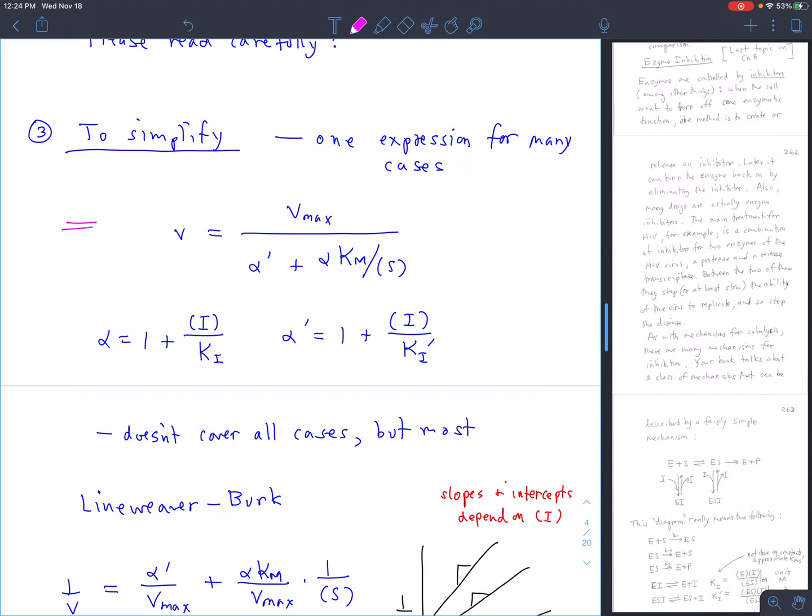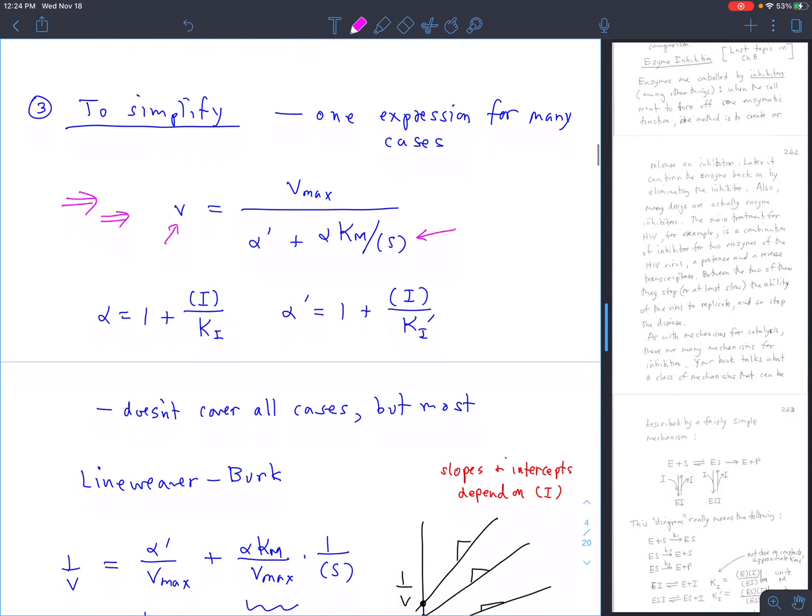Partly because for that particular class of inhibition mechanisms, we can reduce things to a good approximation to this rate law or rate expression that gives the velocity of production of the product in terms of the substrate concentration. And you notice that it looks just like Michaelis-Menten, except that there's an alpha prime here